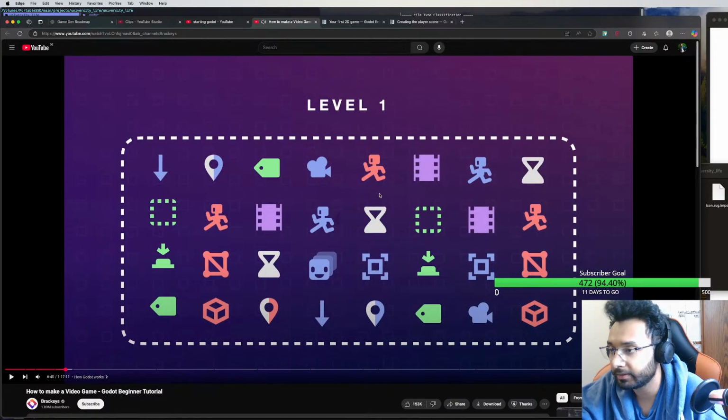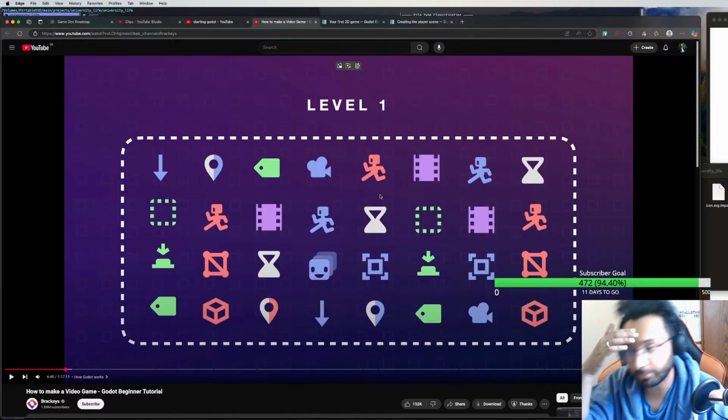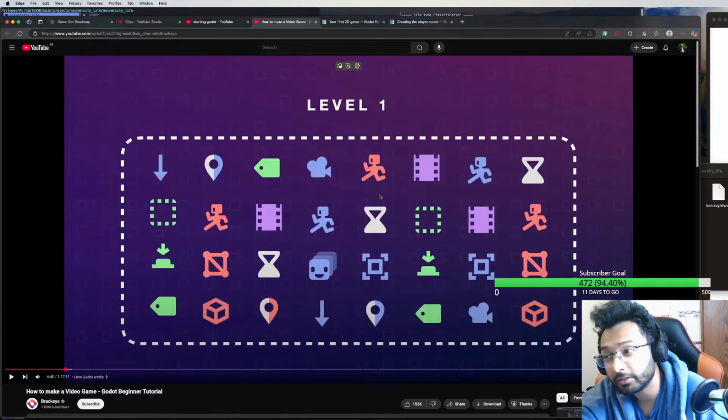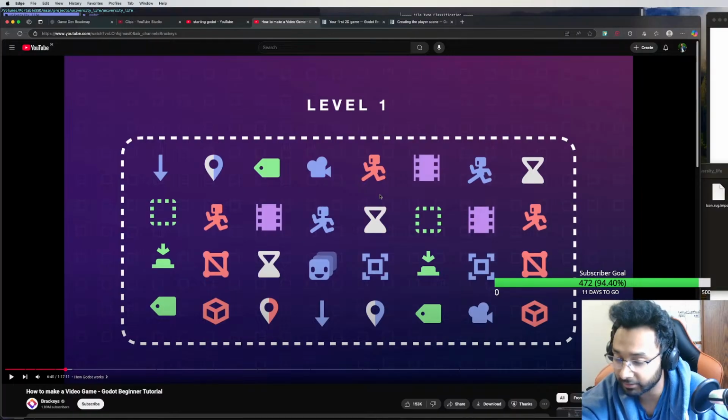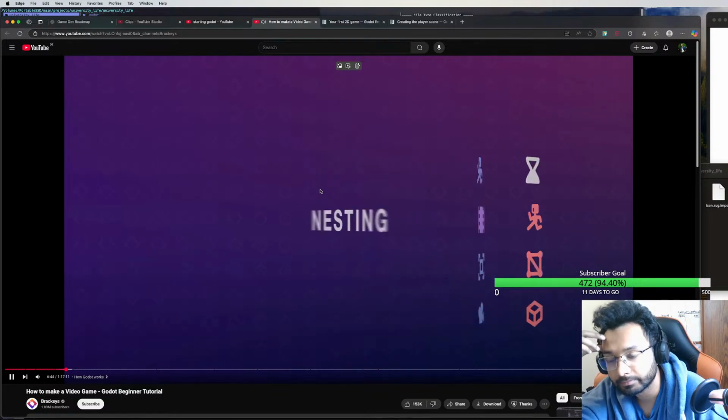So mainly scenes are objects, which of course can contain other objects. For example, in this level, the entire level can be a scene, and inside of the level there are characters and coins and etc. That can also be individual scenes. This is because we can put scenes inside of other scenes, which is called nesting, and allows us to take